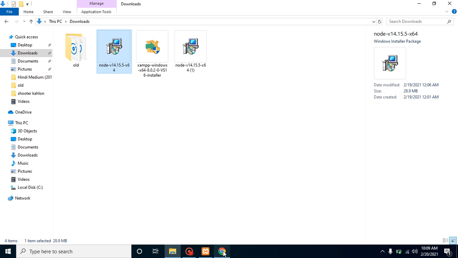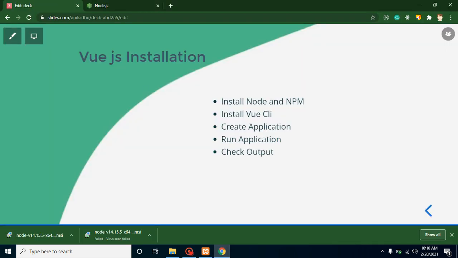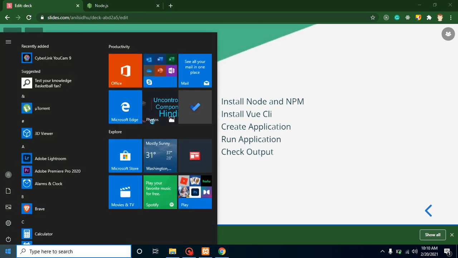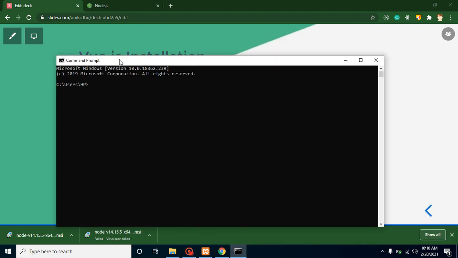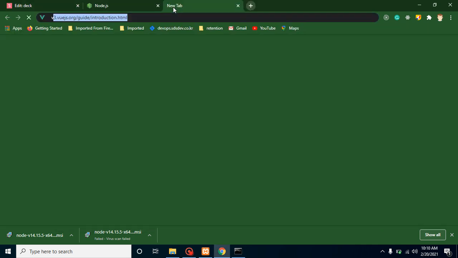Now what we can do with our steps, we need to install Vue CLI, right? So just open the command line and we can install Vue CLI. Now you might be thinking about where and in which folder we need to install this. This is installed globally, right? I just want to show you the official documentation for that.